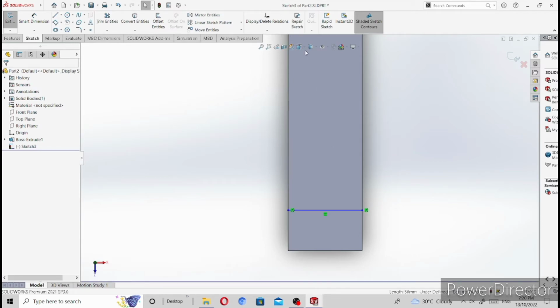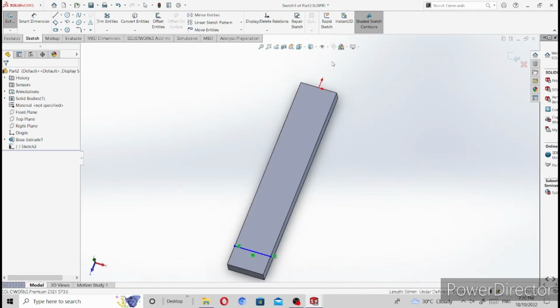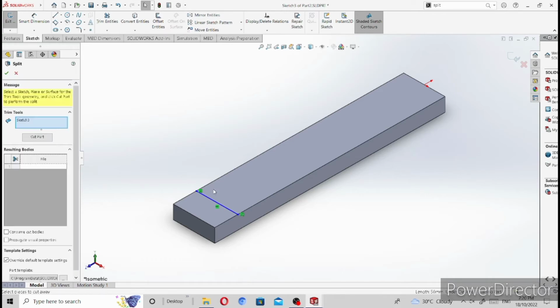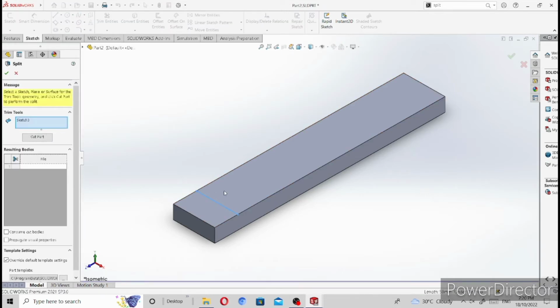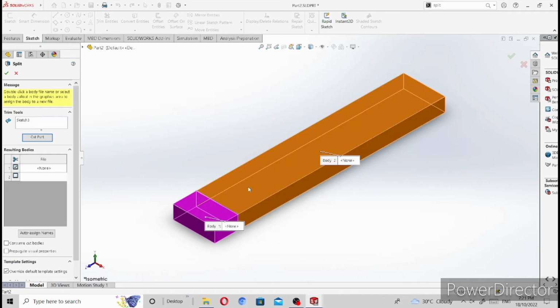So after that we will now select isometric view. So here we will apply a split. We will search command here, split, then click split. So here in the browser bar we can see that the sketch is already selected, and all we have to do is cut part, and we have here the first part, body 1 and body 2. Then let's click check,